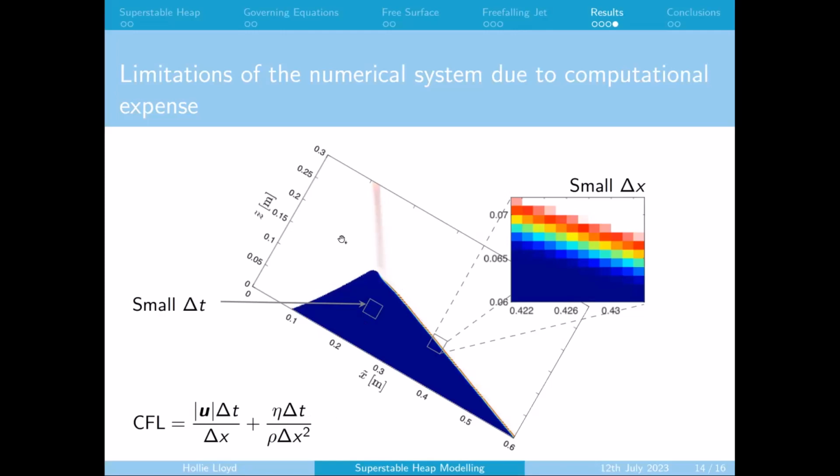Even though our grid resolution is really quite refined over the scale of the entire domain, because our free surface flows are so thin, if you actually wanted to completely resolve these velocity profiles, the grid is quite coarse still. So we would need an even smaller time step to be able to resolve that completely. So to do this with any reasonable computational power, we would need some sort of dynamic adaptive meshing technique, which would essentially refine this free surface flow and completely resolve